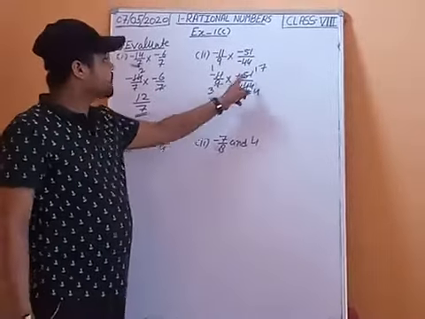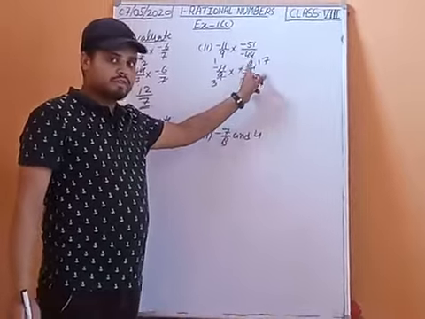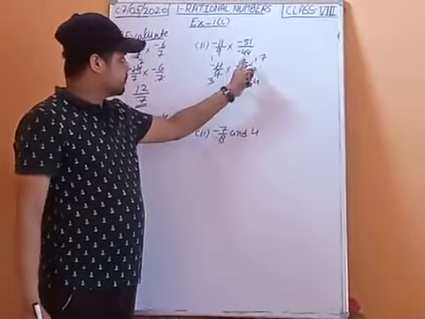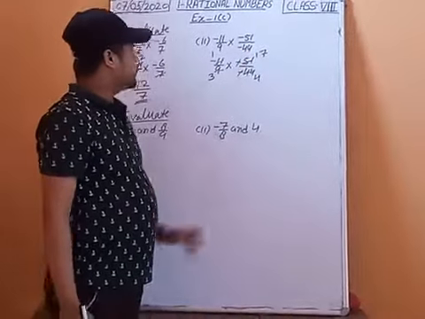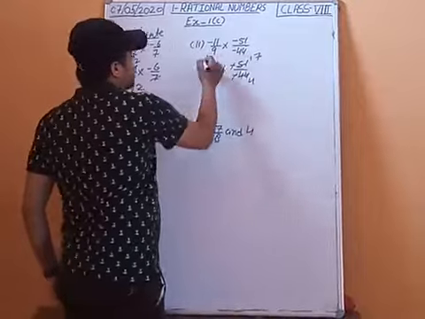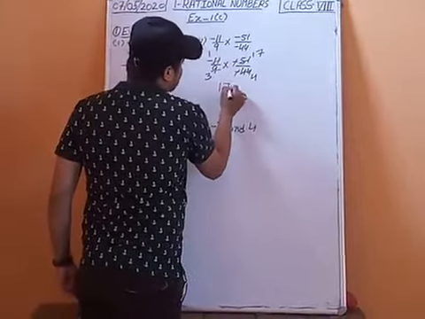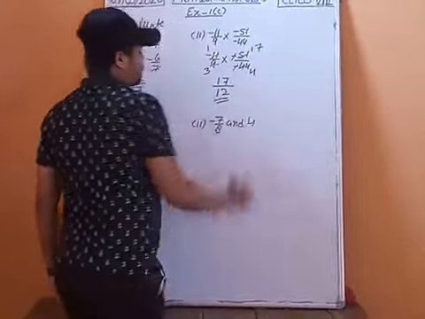How do we know that 51 is divisible by 3? By the property of 3: 5 plus 1 is 6, and 6 is divisible by 3. So 51 also. 3 1 is 3, 3 7s are 21. Any other number? No. So 17 1 is 17, 4 3s are 12. So 17 upon 12.